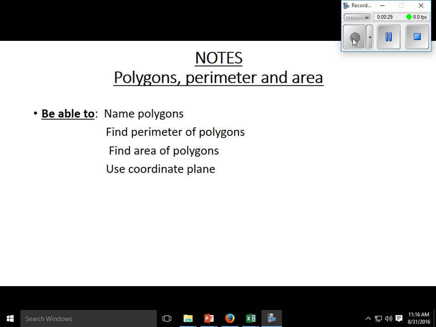Be able to find the area of polygons. Give me an example of when you need to find the area. A room. Like for what? Carpet. That's why when you see carpet ads on TV, they say per square foot. And actually now I think they say it three different ways: per square foot, per square inch, and per linear foot based on 12 feet or something like that,